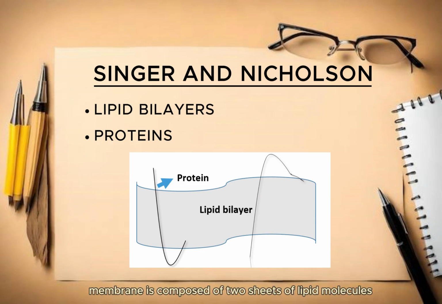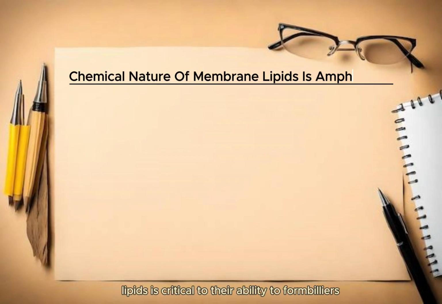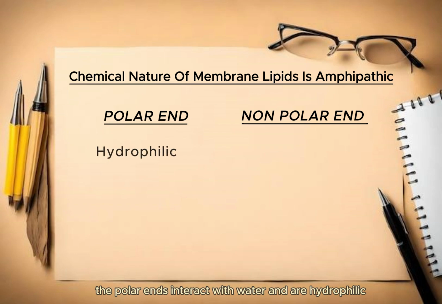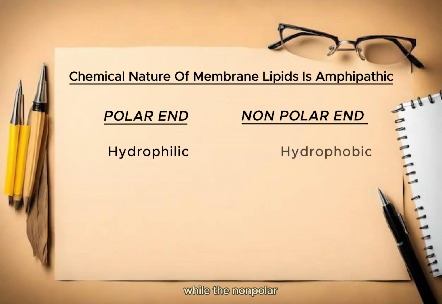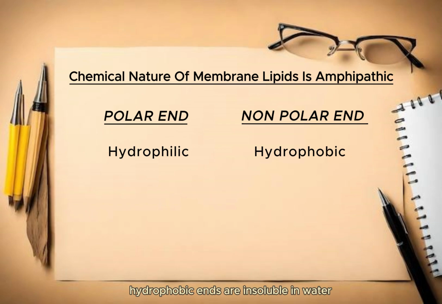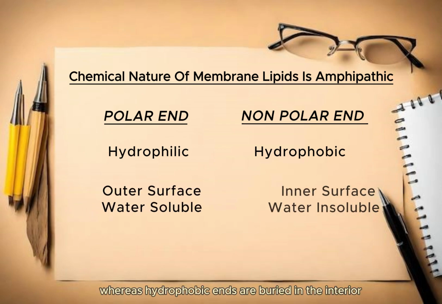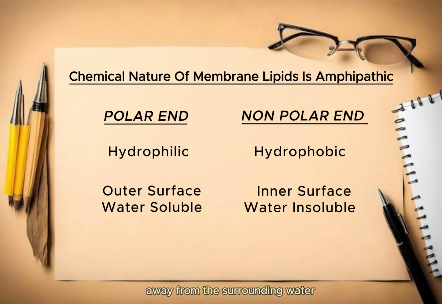Here you can see that membrane is composed of two sheets of lipid molecules arranged end to end. The chemical nature of membrane lipids is critical to their ability to form bilayers. Most membrane-associated lipids are amphipathic. They are structurally asymmetric, with polar ends and nonpolar ends. The polar ends interact with water and are hydrophilic, while the nonpolar hydrophobic ends are insoluble in water and tend to associate with one another. The outer surfaces of the bilayer are hydrophilic, whereas hydrophobic ends are buried in the interior away from the surrounding